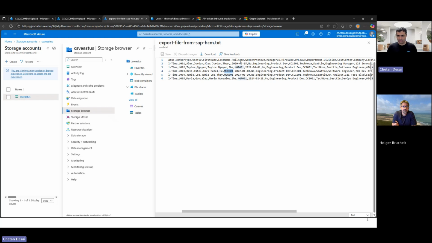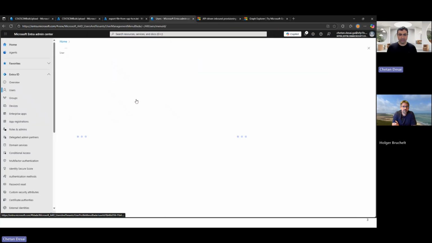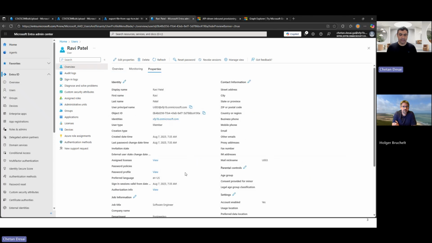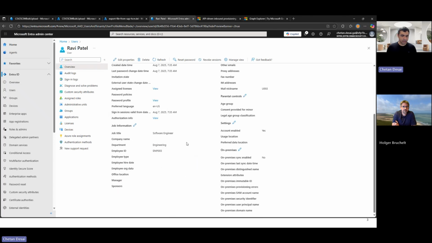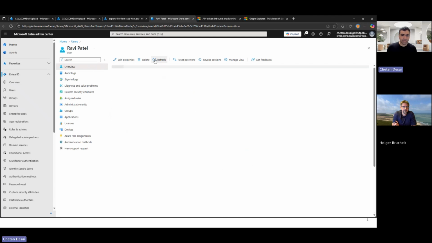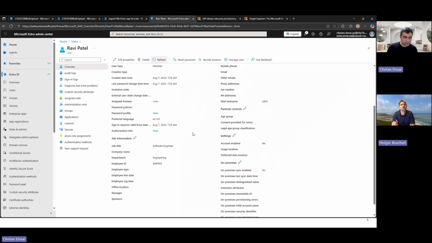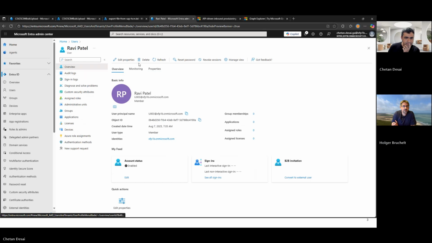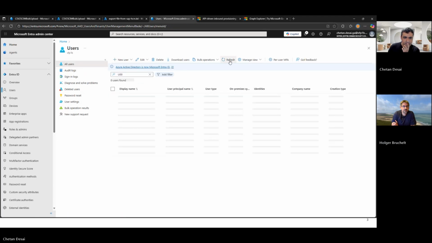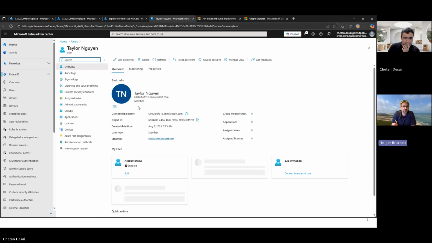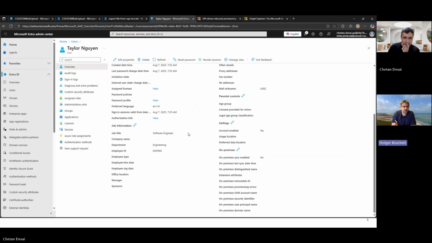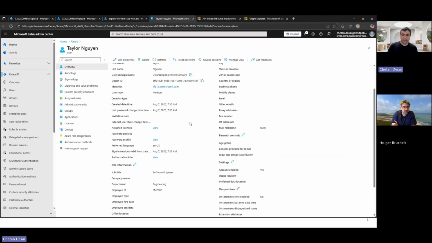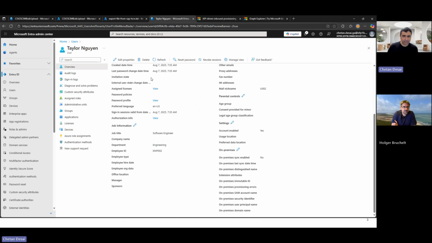The great thing about the provisioning service is that it does this automatic resolution of the manager. So if I go into any of these profiles and check their manager information, this should have got resolved too. So basically, all these properties should also now be available in Entra ID. Yes, they should all be available in Entra ID. There's something wrong with the manager resolution, or it has not happened yet. We will come back to this to make sure that's confirmed.